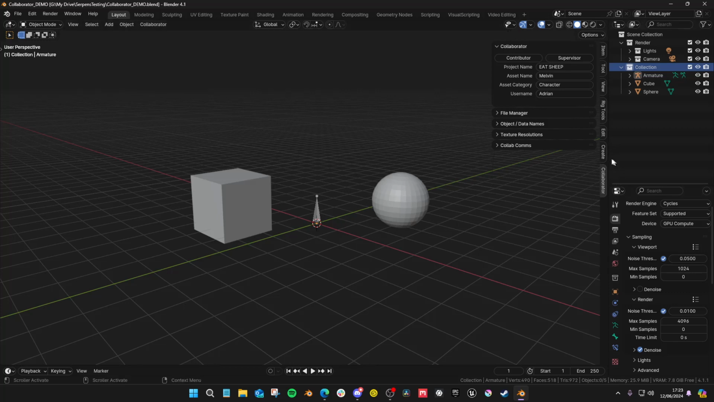So what I've got is a collaborator add-on that on the right hand side there we've got collaborator. What I've got is a contributor or a supervisor, so you can set who's opened the file basically, and a project name, asset name, category, and username,